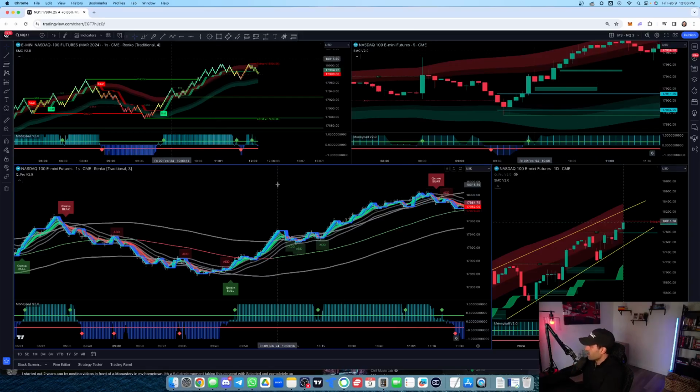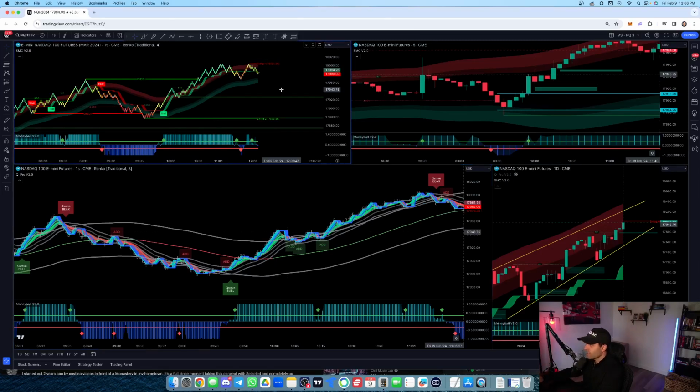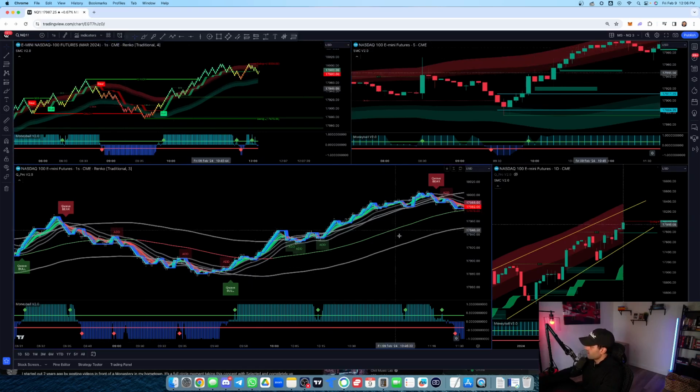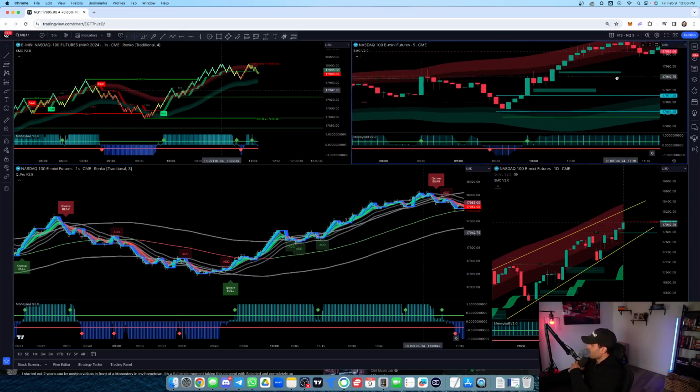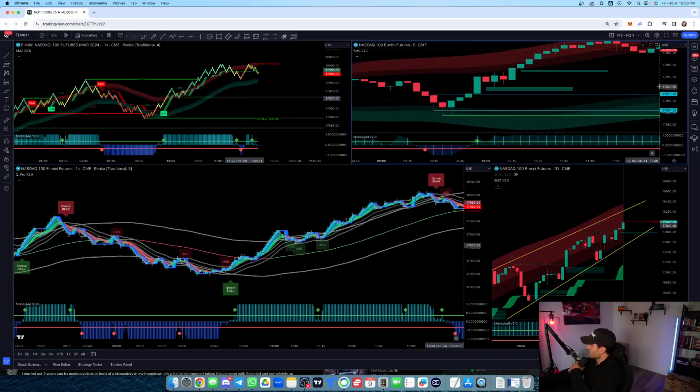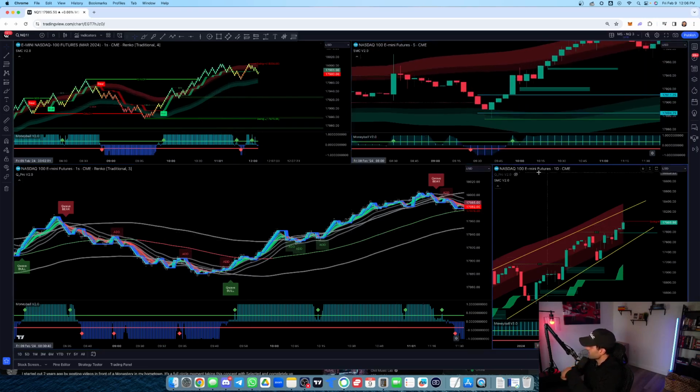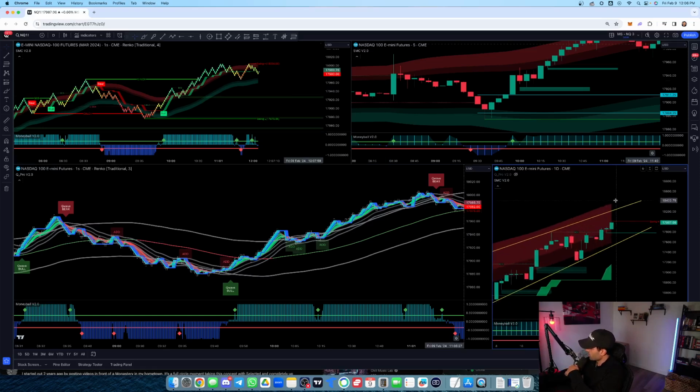Okay, so I've got the TradingView charts pulled up here. Just a quick rundown of what I've got on my charts. In this top left screen, I've got our SMC indicator overlaid on a 1-second 4-box Renko. Down here, bottom left, this is our Qpro and Moneyball indicators. I've got the Moneyball on every chart as well. Top right, this is the 5-minute chart with our SMC indicator on it. And then this right pane is just a higher time frame. Either I'll have a daily chart or a 4-hour chart, just so I know the overall trend or channel that